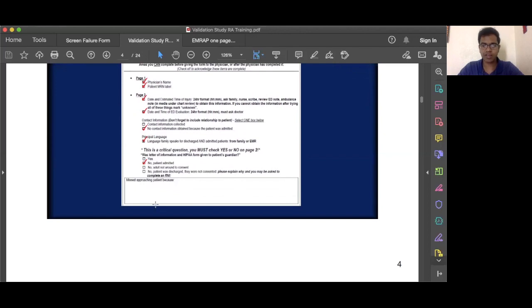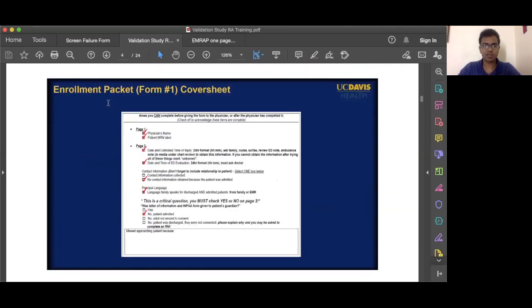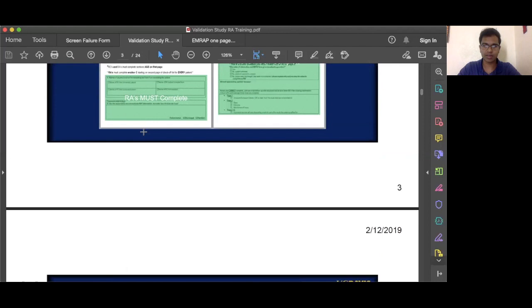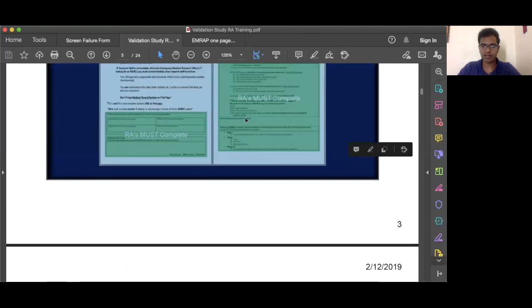It was if you missed the patient. So this would be the patient was discharged, but the family wasn't consented, then you would have to explain why the patient or family was missed in the enrollment process for the follow-up phone call. This would be the top of the cover sheet, or second page of the cover sheet, and at the bottom, right down here